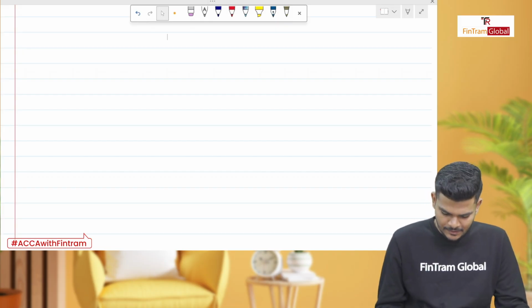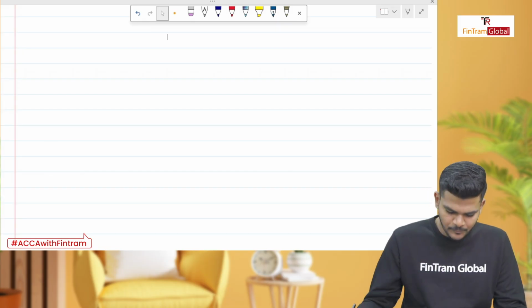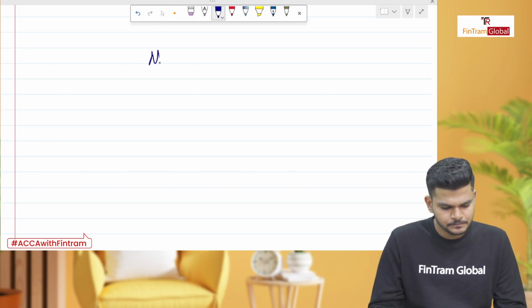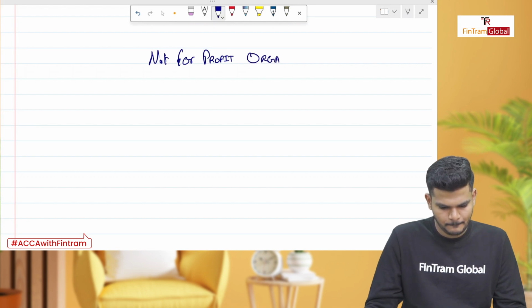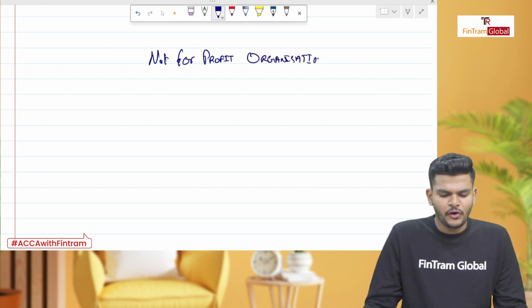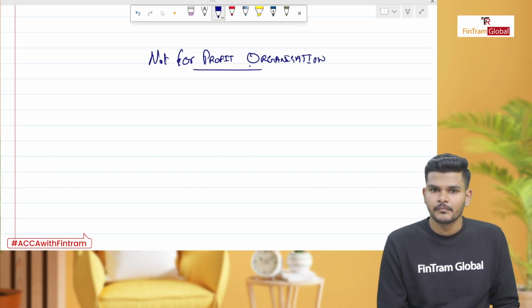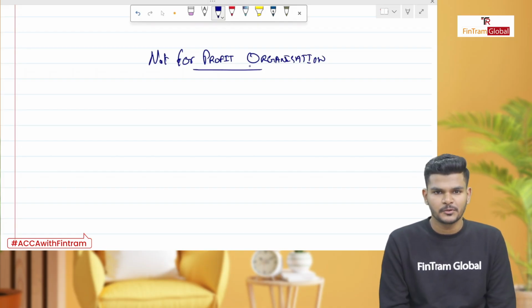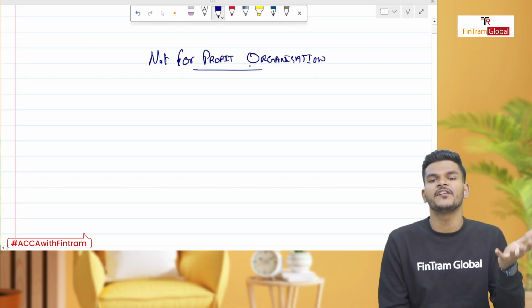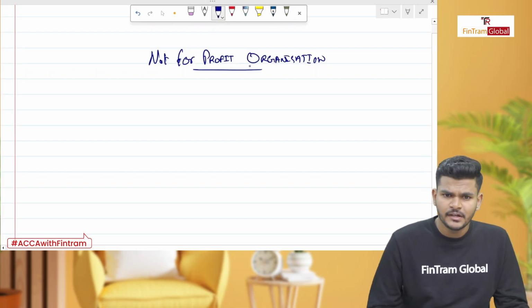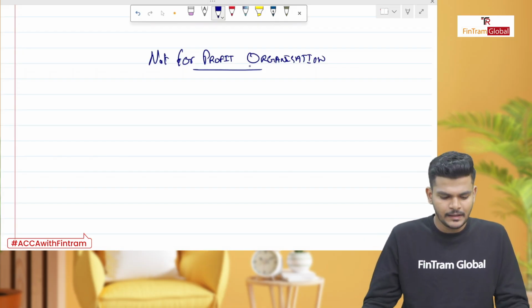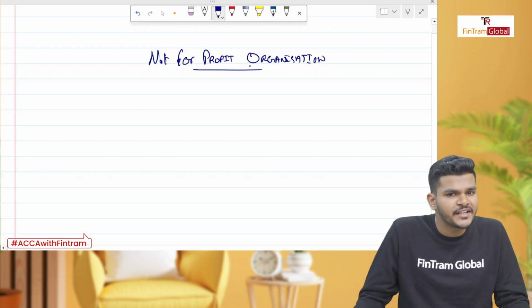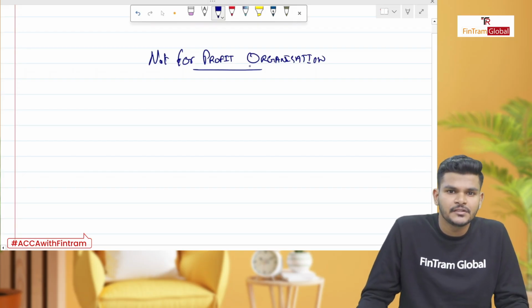So simple as that. And when it comes to a not-for-profit organization, what is a not-for-profit organization? A not-for-profit organization has a purely non-financial objective, most probably, right? Because their primary objective is not profit maximization or increasing shareholders' wealth. It would be something of a philanthropic nature or of a social welfare kind of thing, right? That's basically the idea behind a not-for-profit organization. Do they have shares or dividends? No. Do they have profits? No, not really. Instead, they have